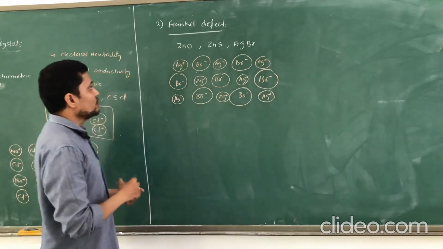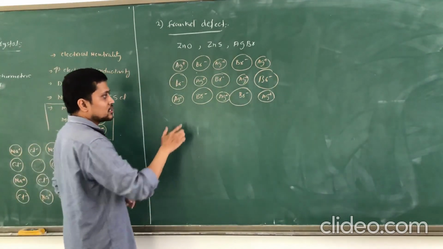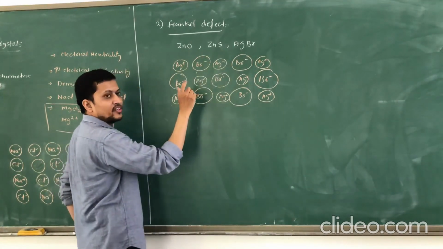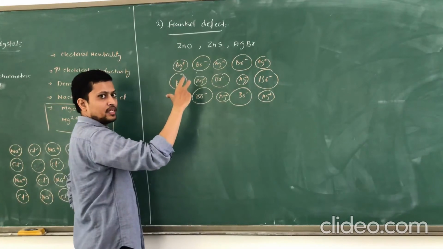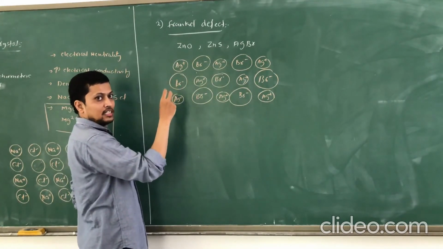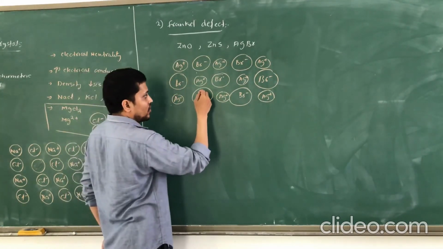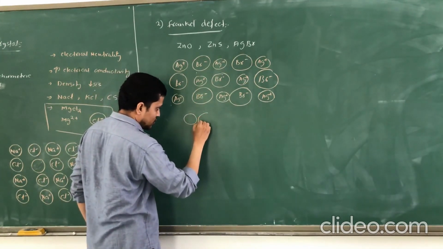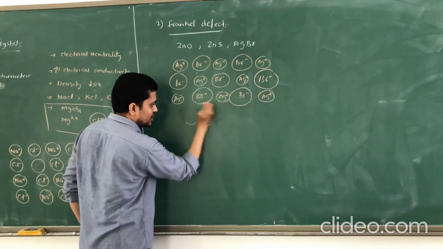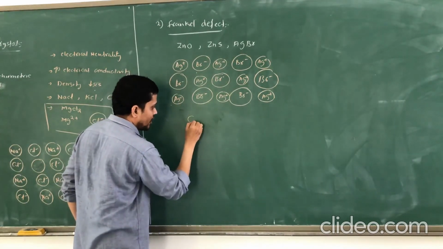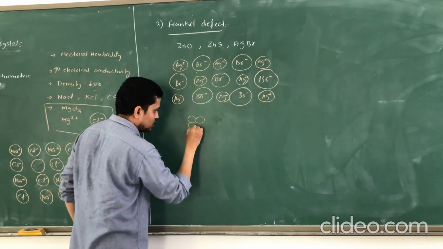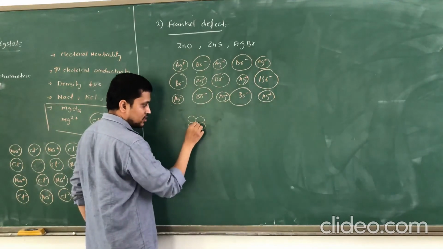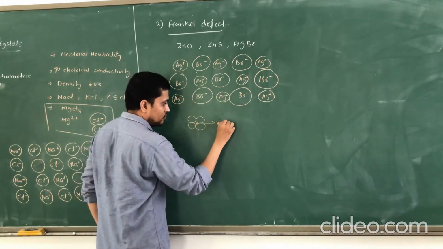So remember that in Frenkel defect, the cation and anion present in the structure are going to be of different sizes. That is, the anion is bigger and the cation is small. When the cation is small, like in this way, I am having big anion. Suppose first I draw small anion. If I have small anions like this, 1, 2, 3, 4, in between these anions we are going to have some space. This space is called a void.